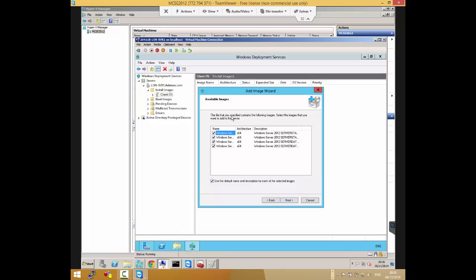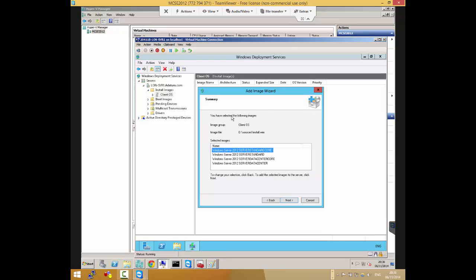So let's just select the standard or the core or any one. The core one will be good since we're just going to be using it to practice. Standard, okay, let's take this one.